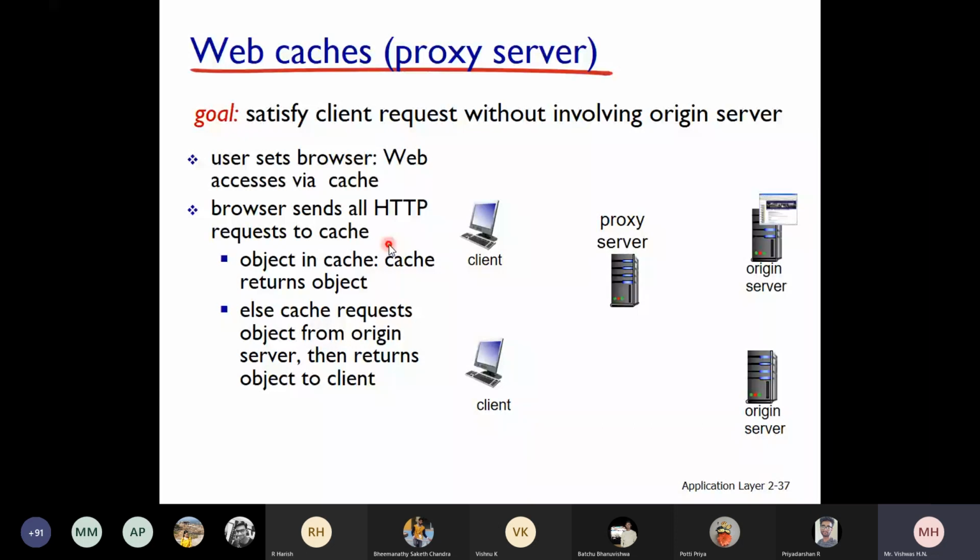Yeah, I have changed the slide. Can you see the previous web cache slide with the diagram?